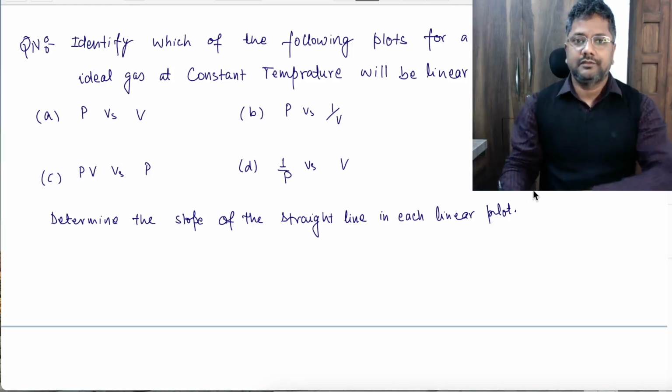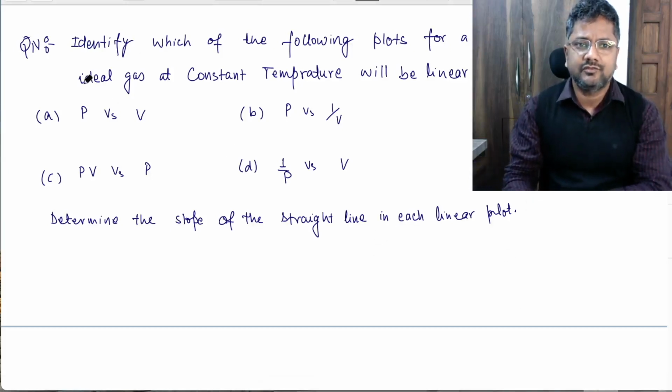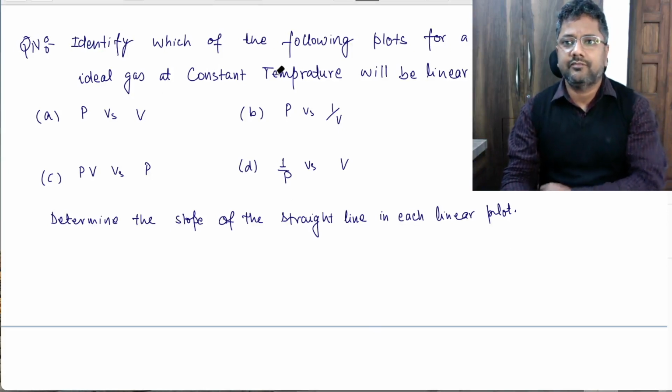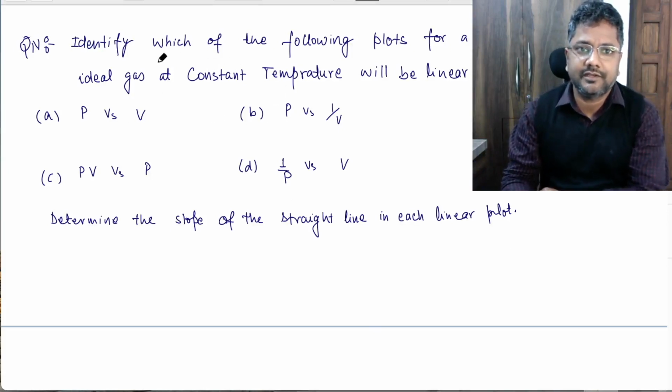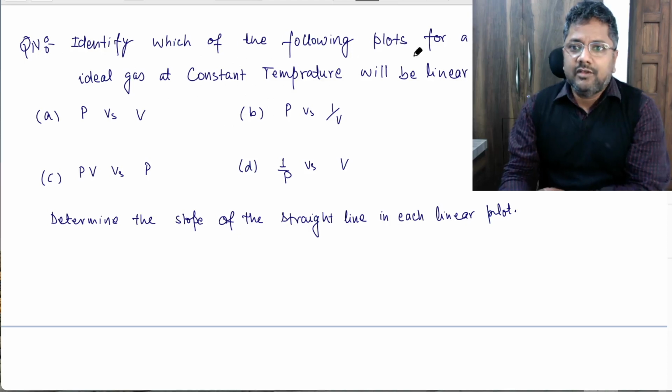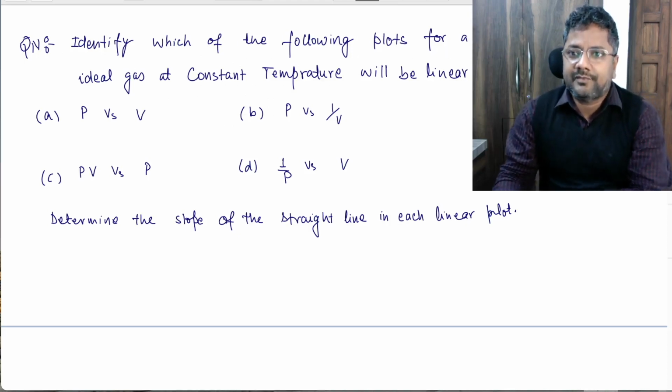Well, dear students, let's do some questions. Read this question carefully: what is given here? Identify which of the following plots is for a fixed amount. If it is given as a fixed amount,